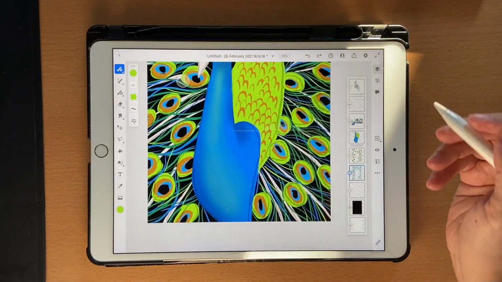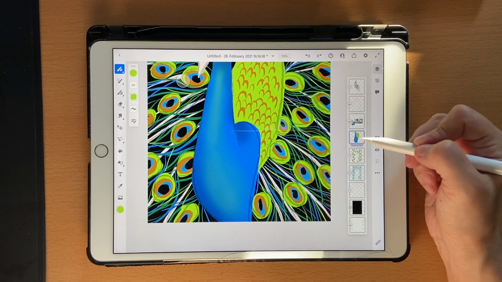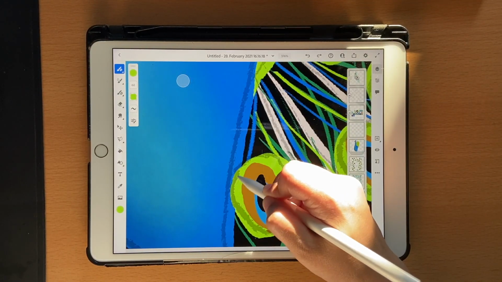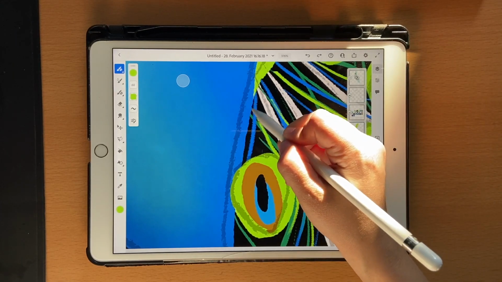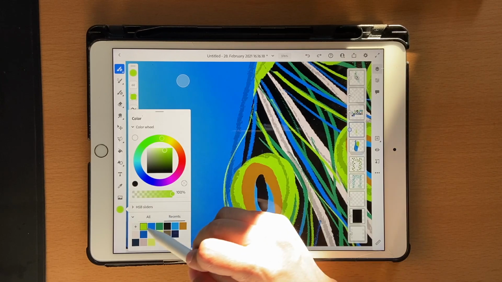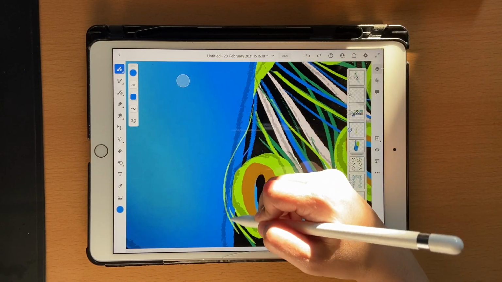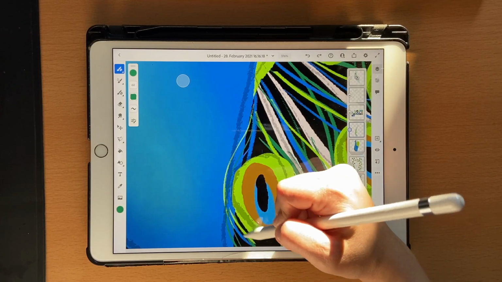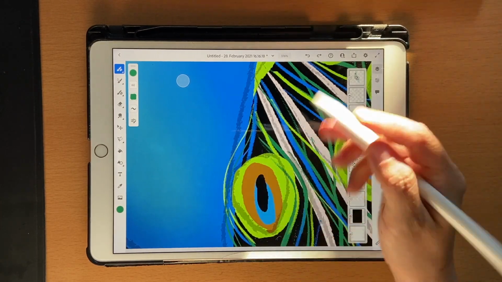So once you're done with all that, I just want to edit one thing here. I'll go on top of this, go ahead. And since I have the green, I'm just going to add this like that and put some stuff like this. That's because it's just to create an effect that this feather is kind of above